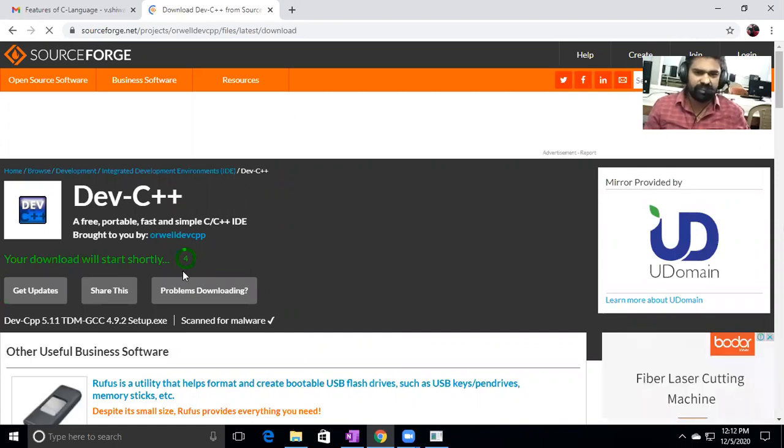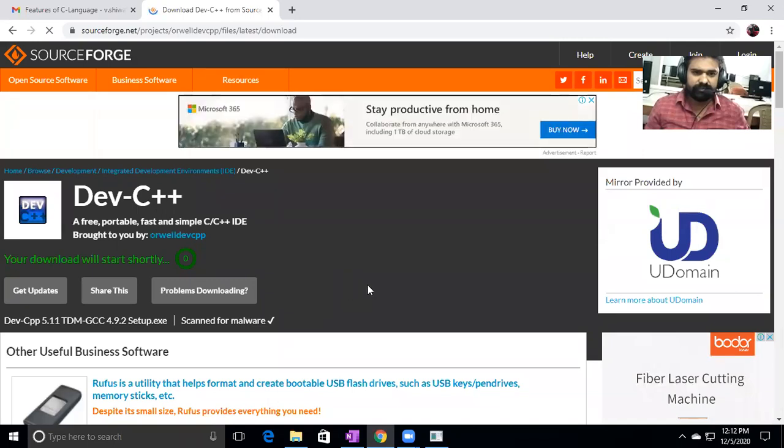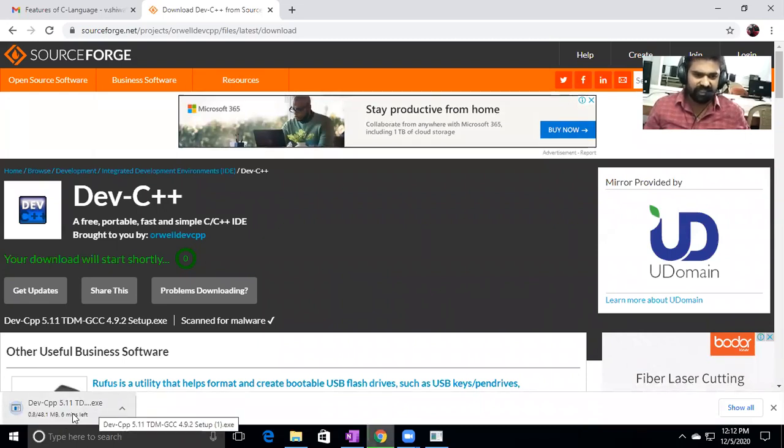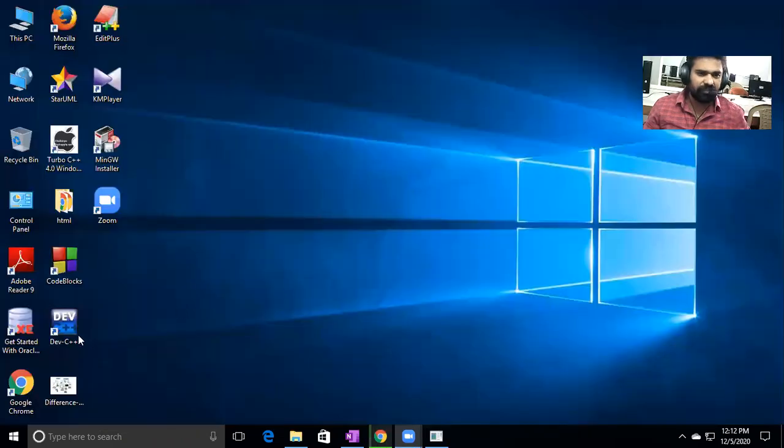See, your download will start shortly. I just clicked on download. See here, it is downloading the exe file. That takes some time. Okay, leave it. After downloading, install it. After installing, on the desktop it will display this Developer C++ icon. Open it.